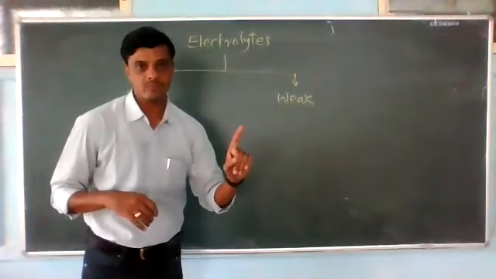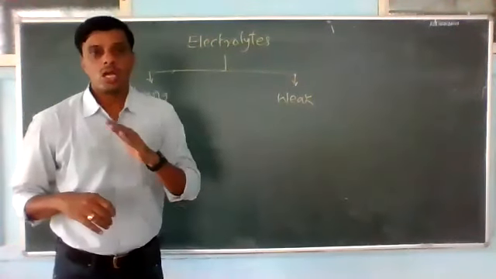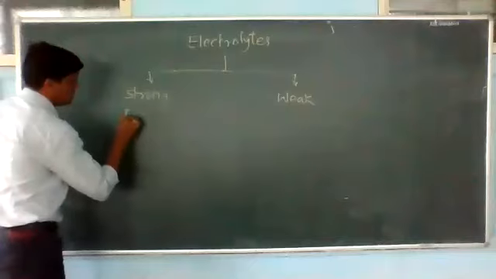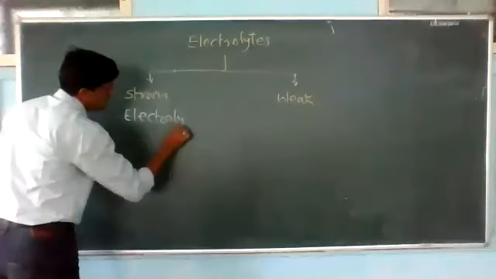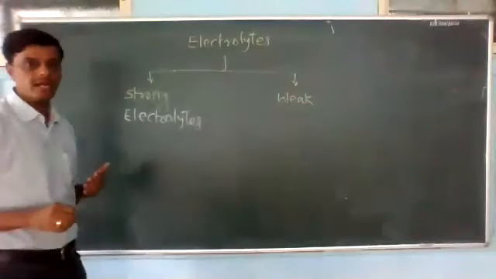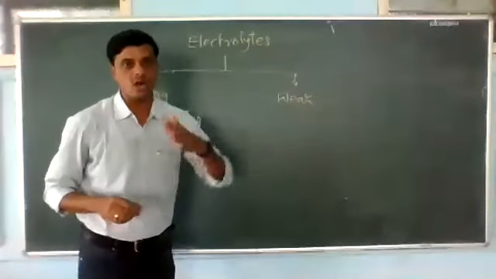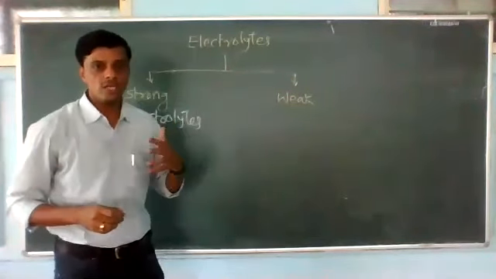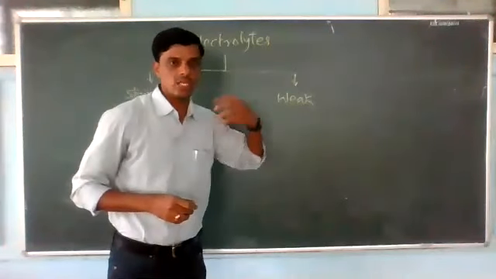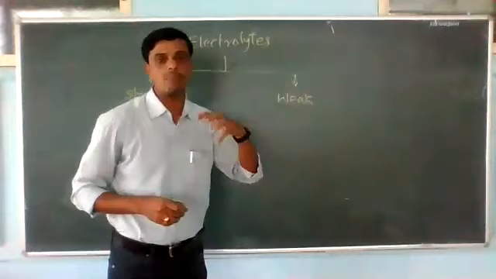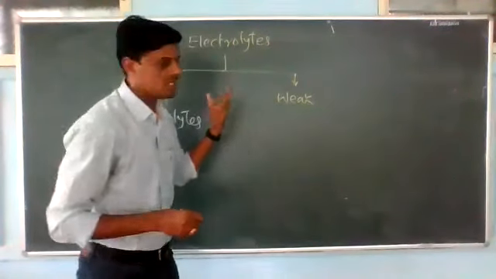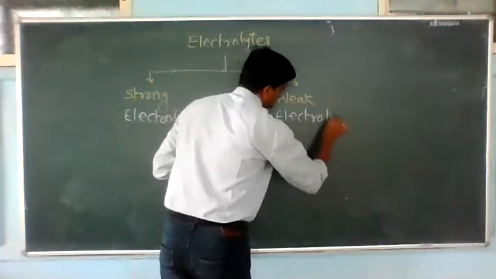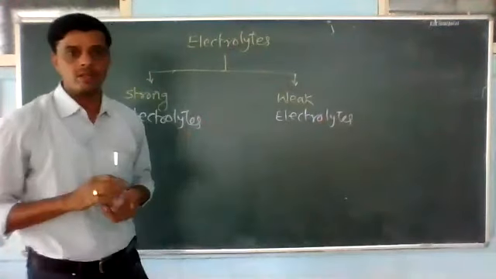An electrolyte which completely dissociates into the solution is called a strong electrolyte. There are some electrolytes which do not dissociate into ions completely. Such electrolytes are said to be weak electrolytes. Understood? For example,